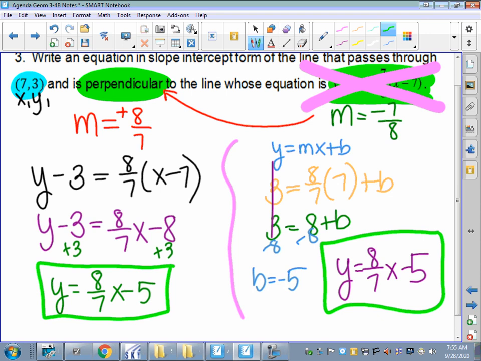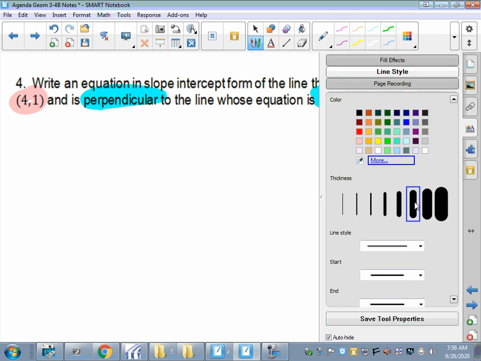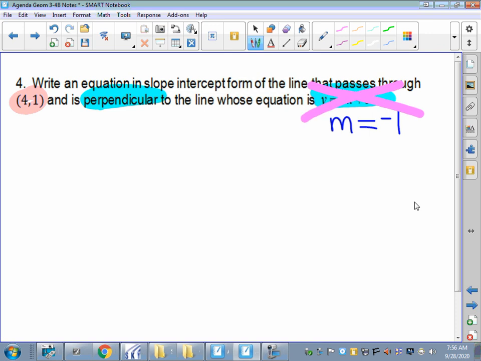Oh, I do want to talk about the slope for number 4, because this one pops up a lot, so bear with me on this one. It's got to pass through 4, 1. It's going to be perpendicular to the line whose equation is -x plus 3. So the thing that I care most about, remember, I've got to go over here and say m equals something. What's m equal to? -x. Remember, if there is no number, it's going to be -1. Now that I've got that slope of -1, I'm going to cross that guy out. And I'm going to go over to here,